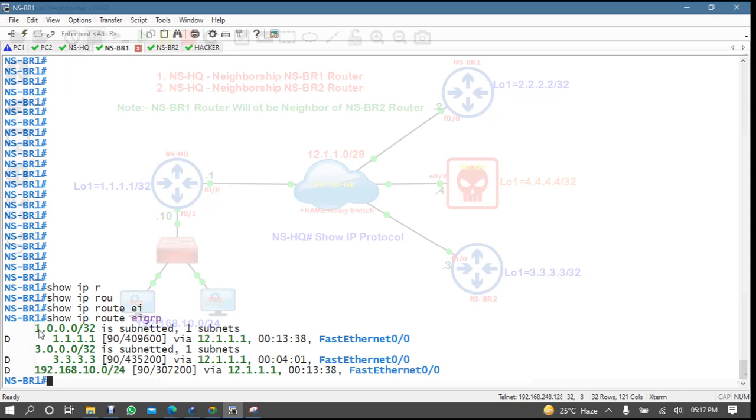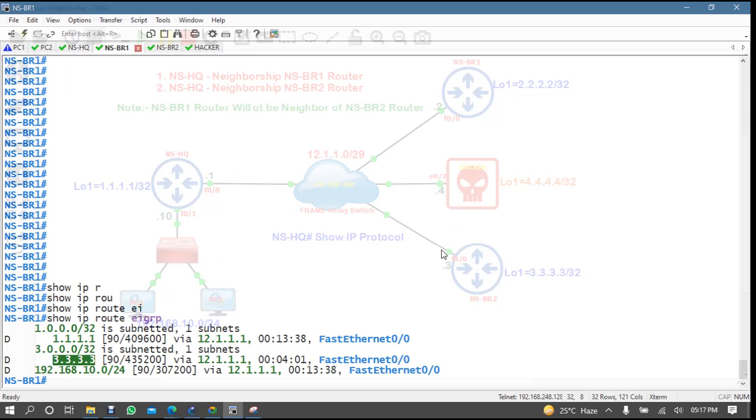So branch 1 is getting routes 1.1.1.1, and whenever it wants to communicate, it can go here to 12.1.1.1, right? No problem. Now again, branch 1 wants to reach 3.3.3.3. It can go to headquarter, and headquarter will direct it to branch 2, right?